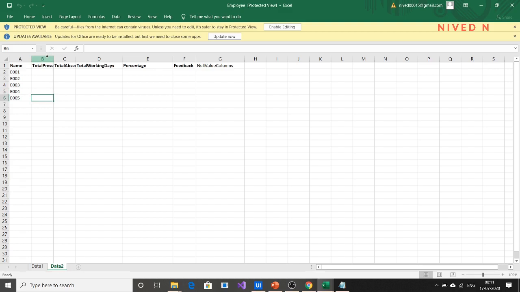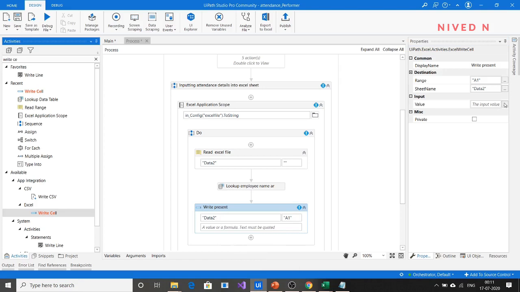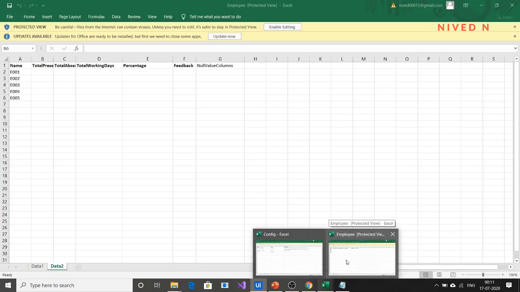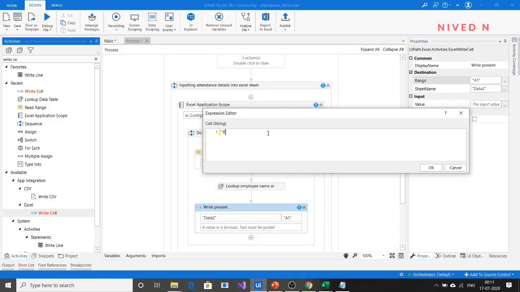So you can see that in general, the column name is the same but the row value changes. So in general format, how can you write this? I can write here directly and explain. Since the column name is the same, employee present column is B here. Specify B plus row index plus 2, row index plus 2 dot to string. Okay, why?